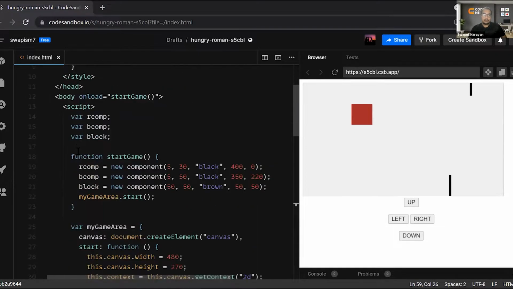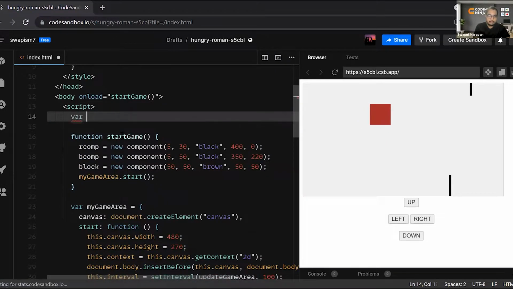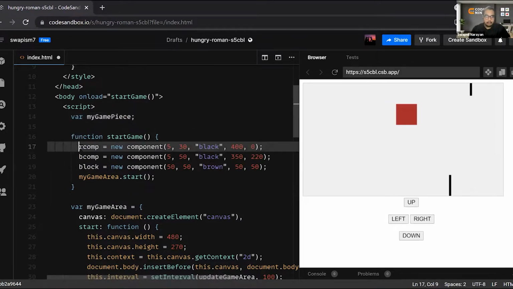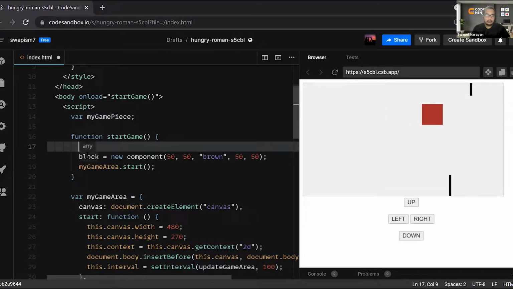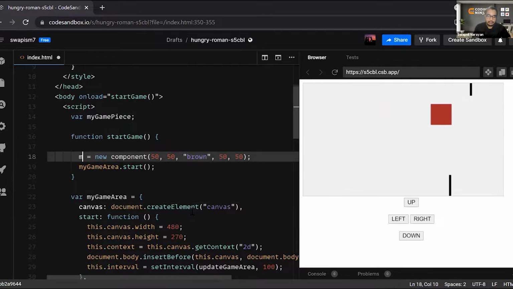Let's say for now only my game piece is there, and let's say these other blocks are not there. Only the big block is there. The name of the block is my game piece, or let's say the name is block itself.